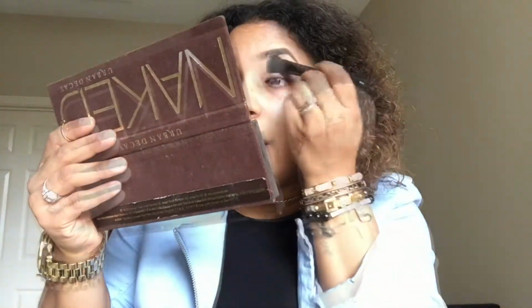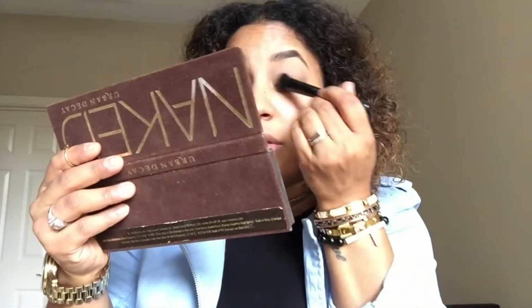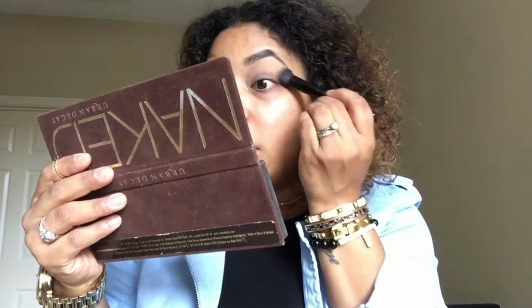So I'm currently using the color Naked from the Urban Decay palette. This is one of my favorite palettes that I originally purchased, and the color Naked is a very transitional color. So I just finished using the NYX shadow base, and it is in the color Natural, if I'm not mistaken. After I do that, I go ahead and follow with the color Buck